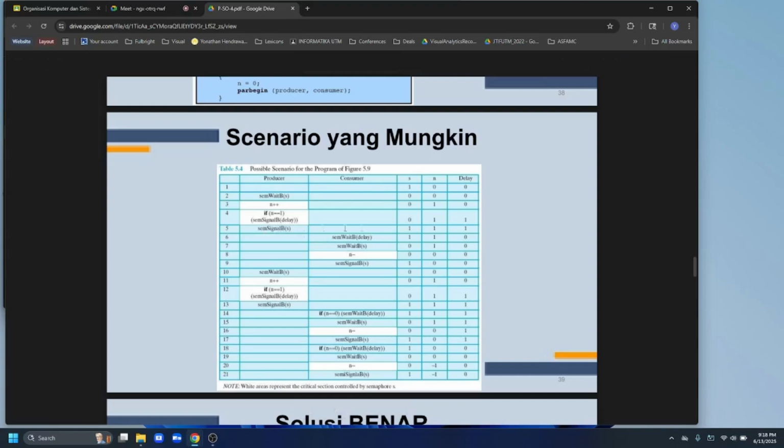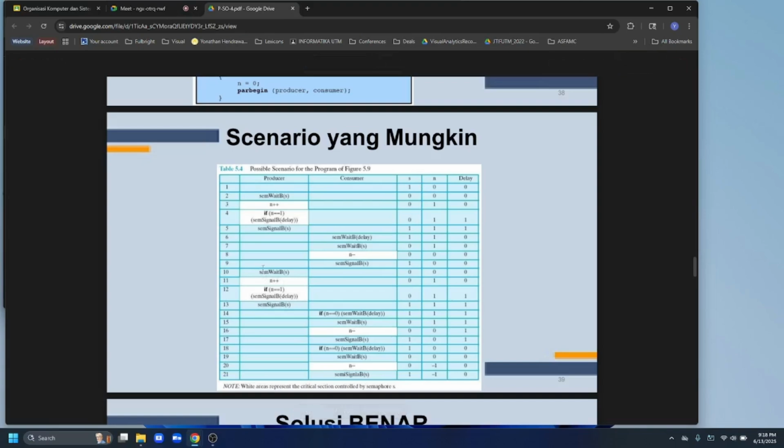Now because of semSignal(B), S is 1. Here from the consumer, semWait(delay), delay is now 0. And then semWait(S), S is now 0. And then n minus minus, n becomes 0. Then semSignal(S), now S becomes 1.